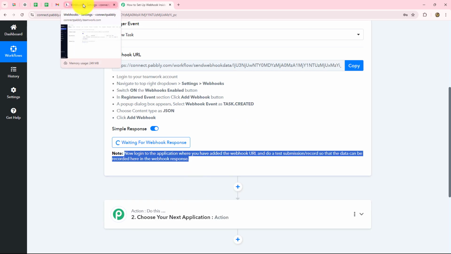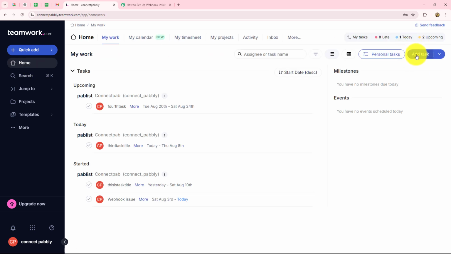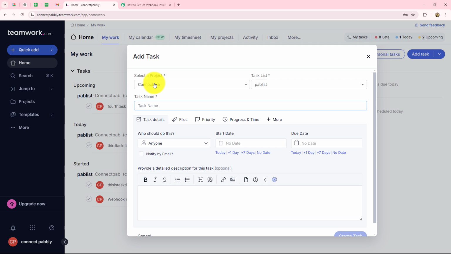So I'm going to go back towards Teamwork. We'll go towards the home section, and here we have the option of task. So I'm going to click on the add task button. We will first of all select the project in which we want to create this task. I have already selected my project. Then we will select our list, in which particular list we want to add this task. Then we will give a name to our task. So let's say I'm going to give a name as